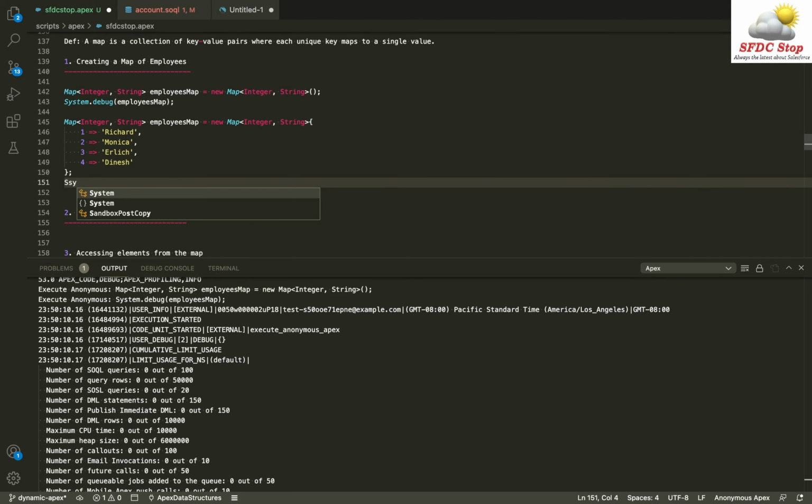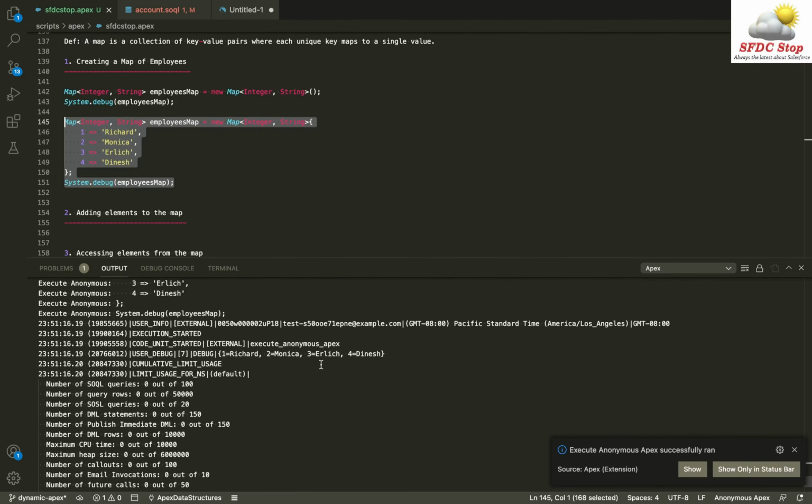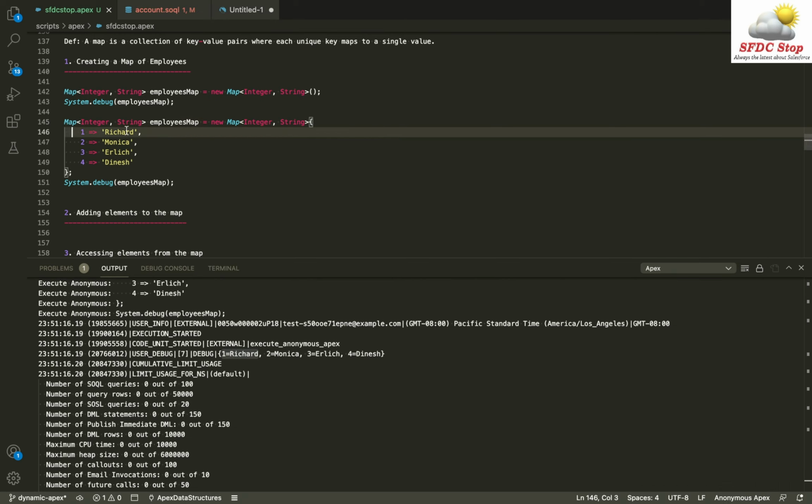And finally, I can simply do system.debug employees map. So let me execute this code and let's see what happens. So if you see, our map is successfully created, and this map is having 4 records, or I can say 4 key value pairs, where the key is the ID of the employee and the value is the name of the employee. So 1 is equal to Richard. This simply means that 1 is the key and Richard is the value.